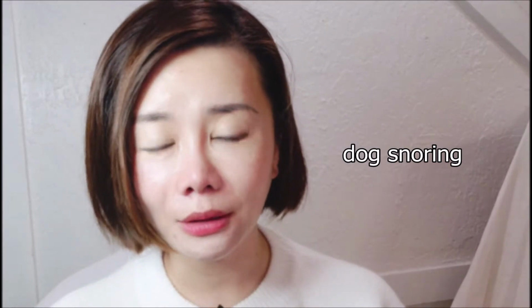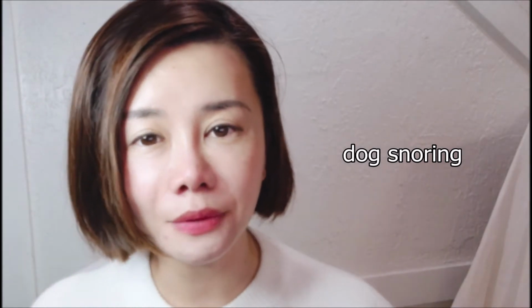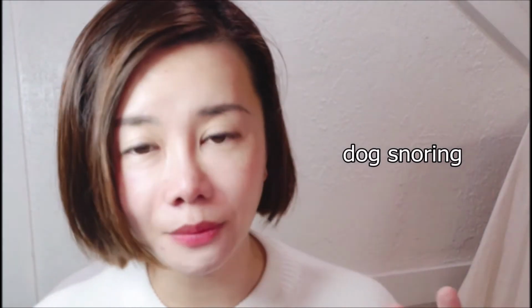And lastly, just apply a generous amount of sunscreen on your body. It's never too much, and also try to apply sunscreen on a daily basis, even in the winter, especially when you're doing winter sports like skiing or snowboarding or tobogganing. You really need sunscreen on your face and any exposed area, because the snow is going to create UV ray reflections